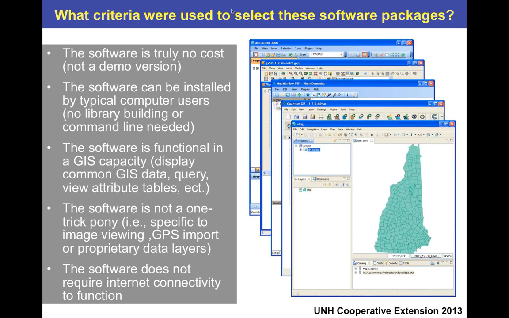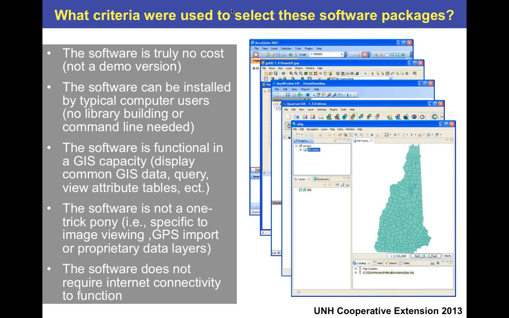Third, the software is functional at a GIS capacity. It can load GIS data, do queries, view attribute tables, and do the types of things that GIS software needs to be able to do. Also, the software is not just a single function software package. It doesn't just import images, it doesn't just deal with GPS, or it's not tied to proprietary layers that only that software package